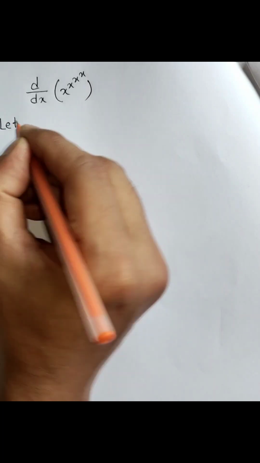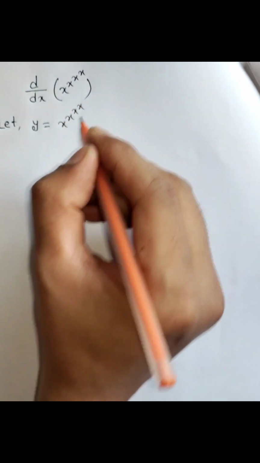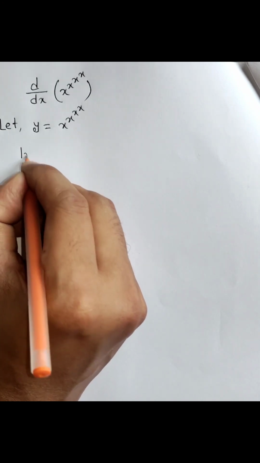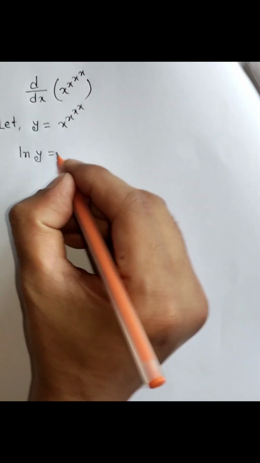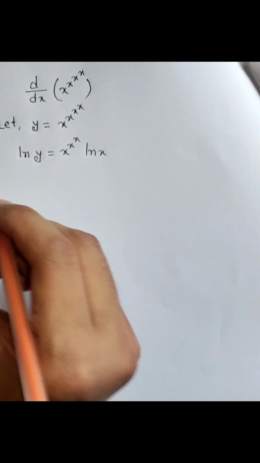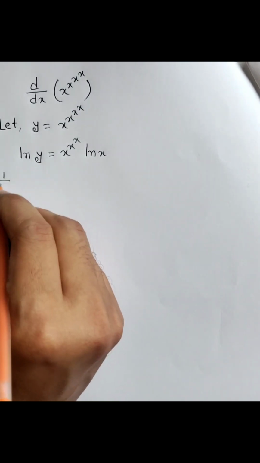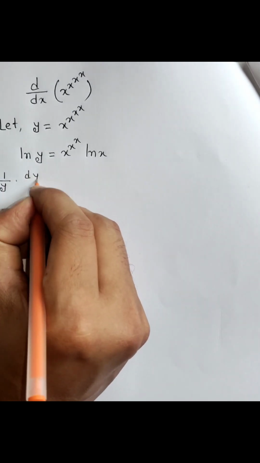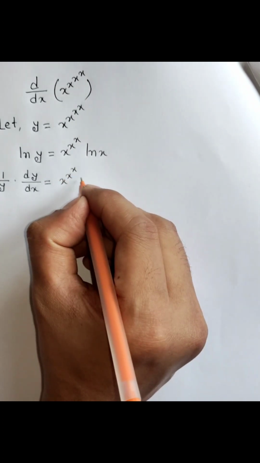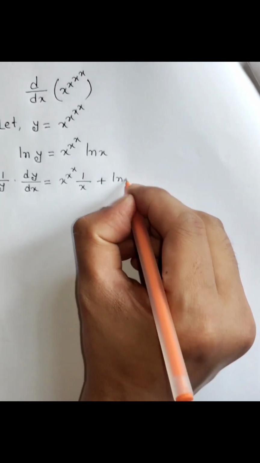At first, we will let y equals x to the power x to the power x to the power x. Now taking natural logarithms on both sides, we will have ln y equals x to the power x to the power x ln x. Now differentiating both sides with respect to x, we have 1 by y dy by dx equals x to the power x to the power x [1 by x plus ln x]